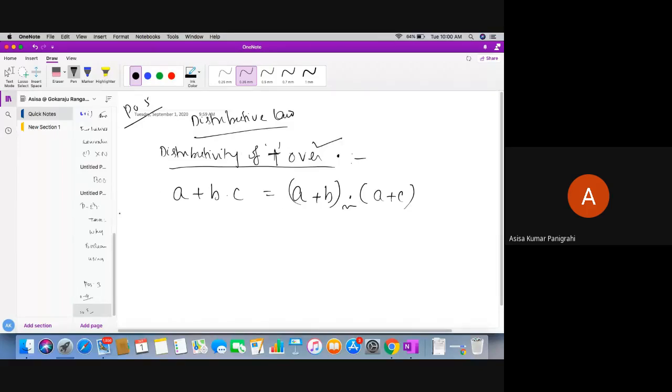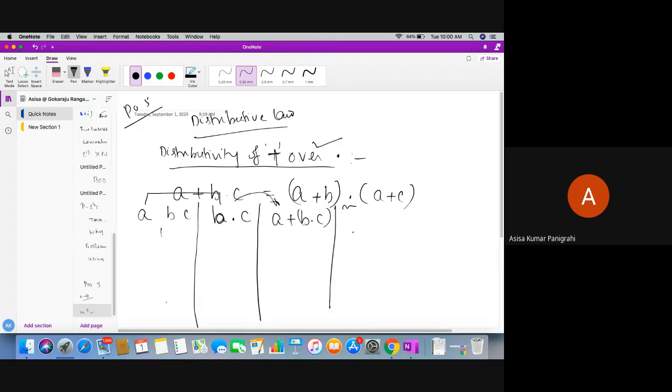Again, the same way you can prove it. Take A, B, C. Take the 8 possible combinations. Perform B and C first. After that perform A or (B and C). Get the result here.